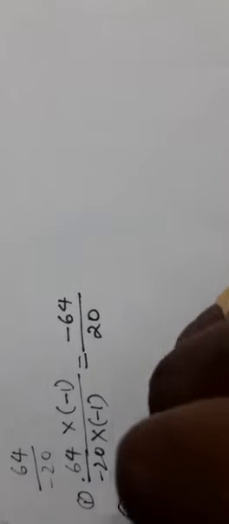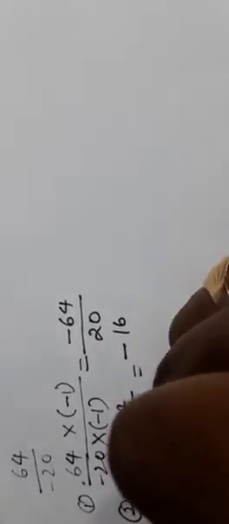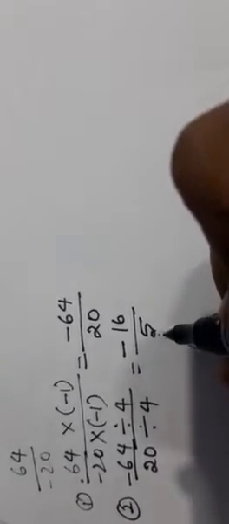In the second step we are going to take the rational number minus 64 by 20 and we are going to divide numerator and denominator by the HCF, that is 4. Minus divided by plus is minus, 64 divided by 4 is 16. 16 fours are 64. 20 divided by 4 is 5. 5 fours are 20. Here minus 16 by 5 is in the simplest form as well as it is in the standard form. Children, next let us discuss how to find x when the rational numbers become equivalent.